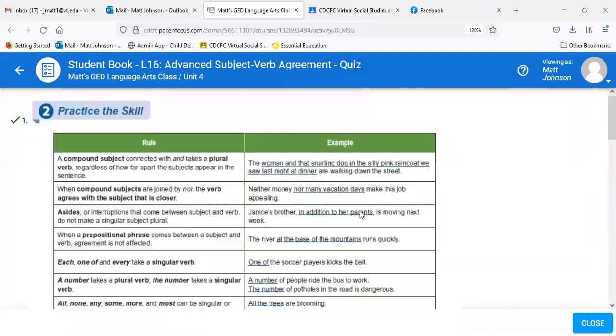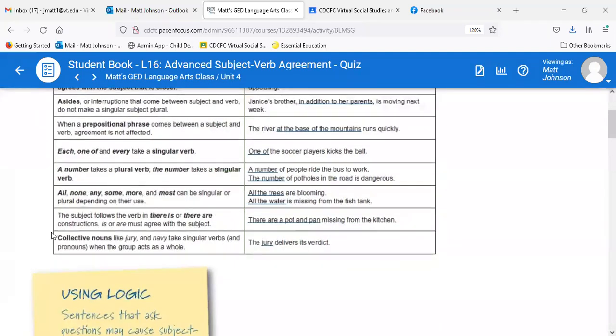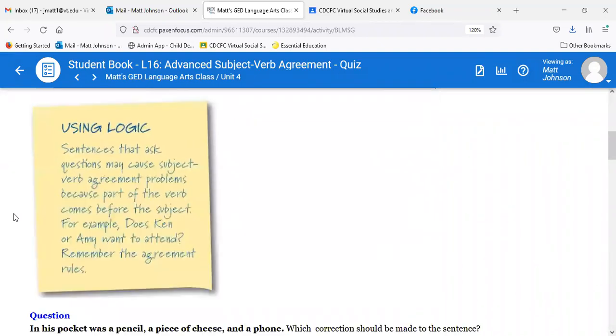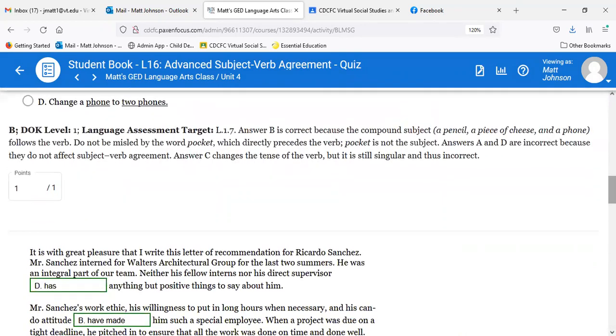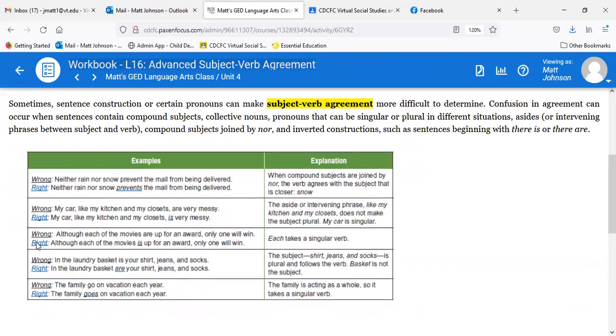All right. So moving on, and I will post our rules online on Google Classroom so you can review those. Using logic, so sentences that ask questions may cause subject-verb agreement problems, right? We already saw that because part of the verb comes before the subject. Oh, wait, that's the same thing. I haven't clicked over yet. I thought that sounded familiar. Okay, so